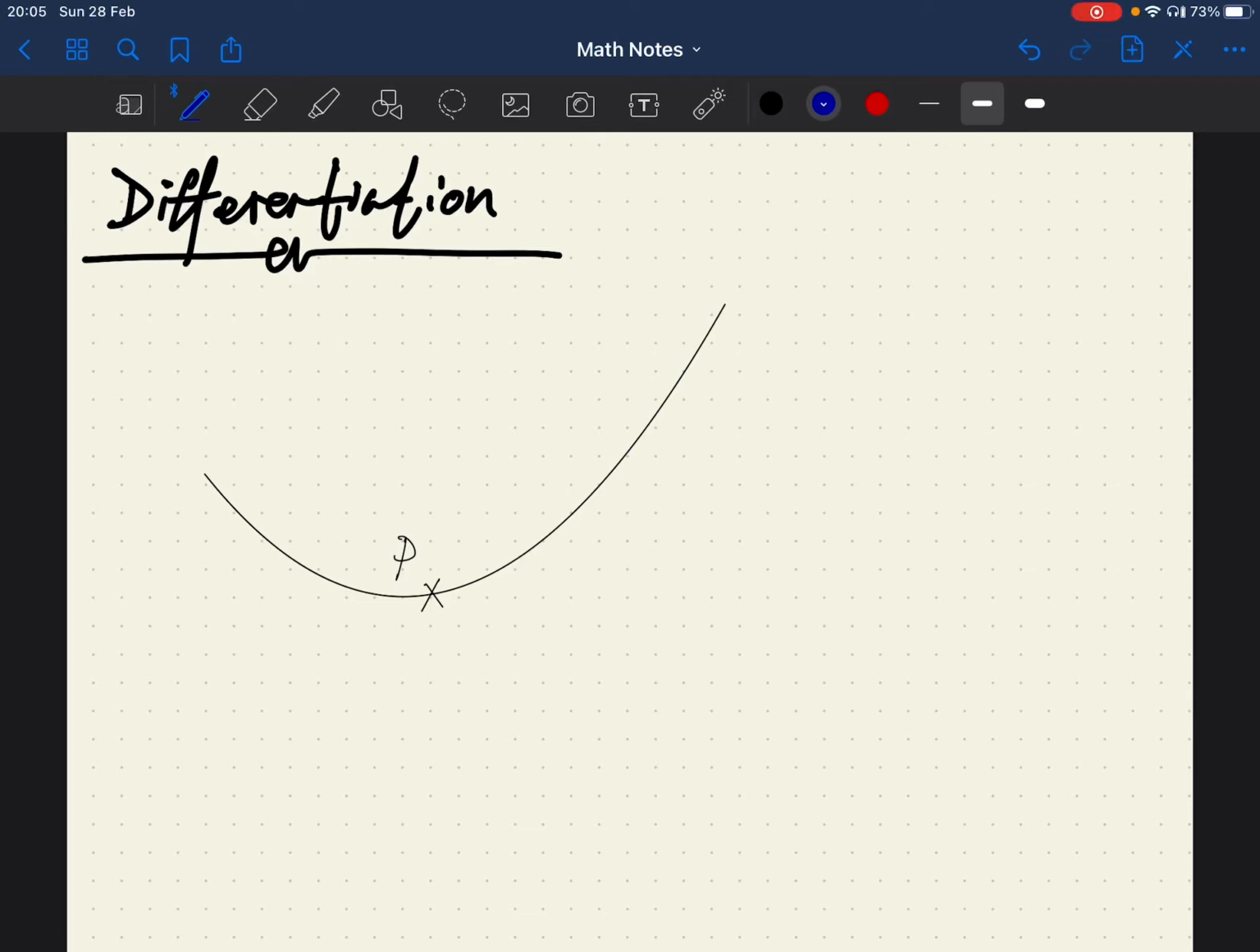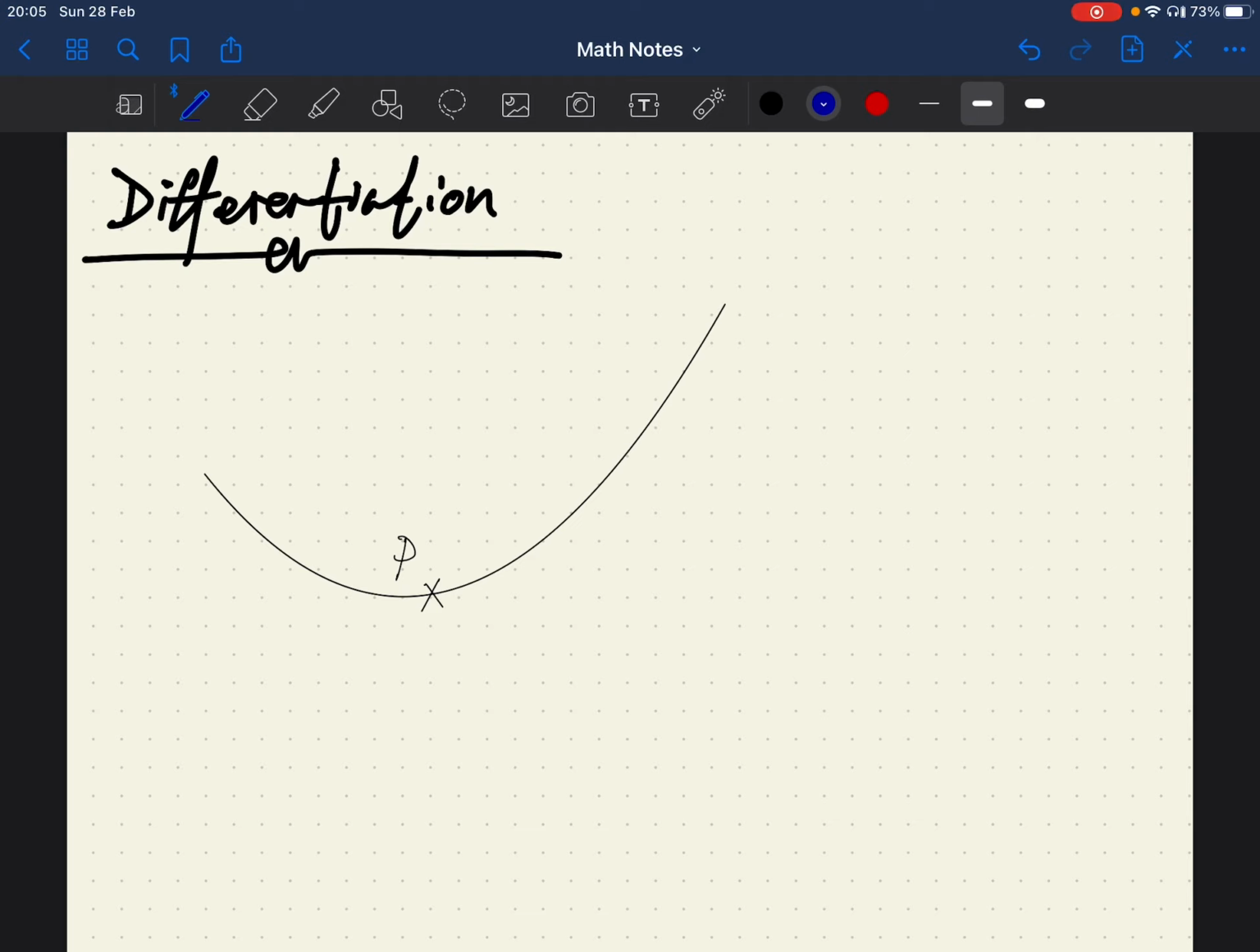So I'll use this video to introduce to you the concept of differentiation. Let's start with the motivation of learning differentiation. When we were learning EMF graphs, let's say we are given this curve and there's a point P on the